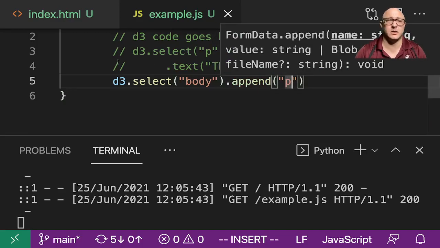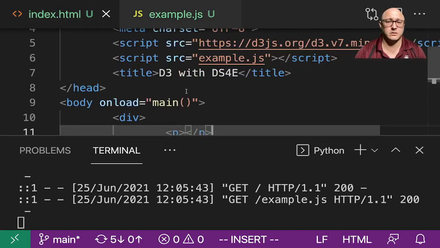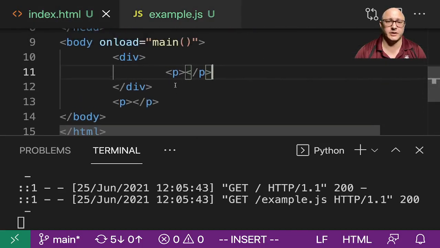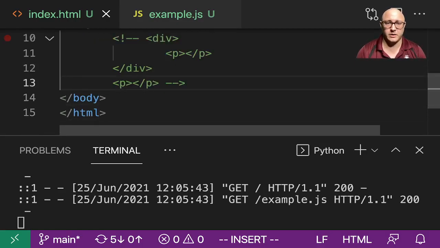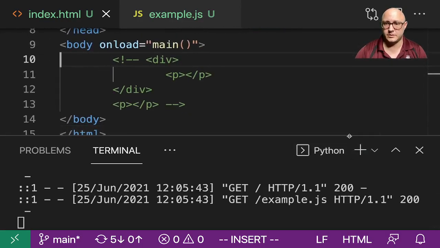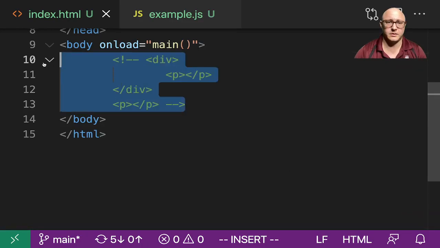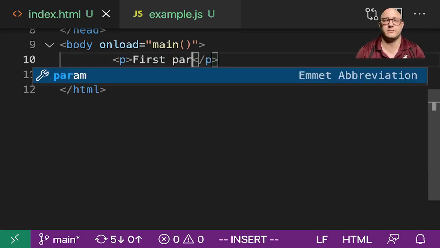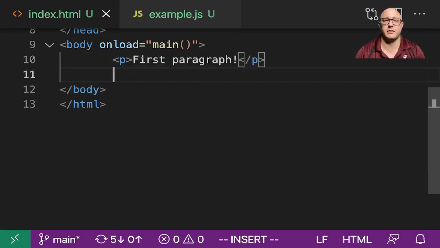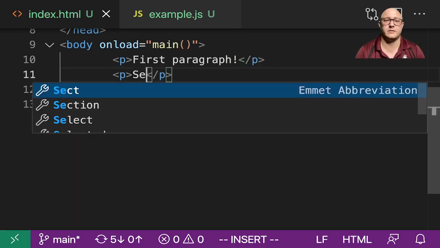Let me comment those out. You know what? No, I'm going to delete them. I'm going to shrink this down a little bit. I'm going to delete this, and first put a paragraph in here: first paragraph, second